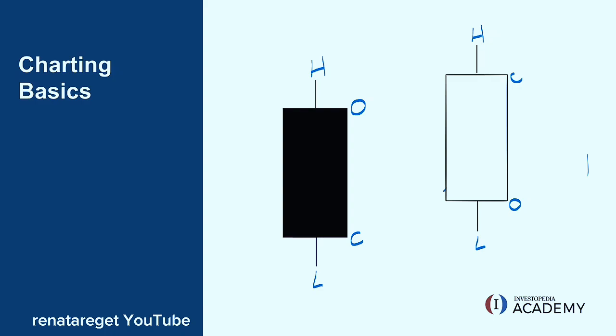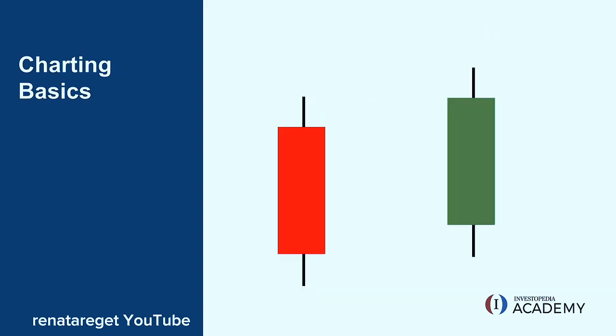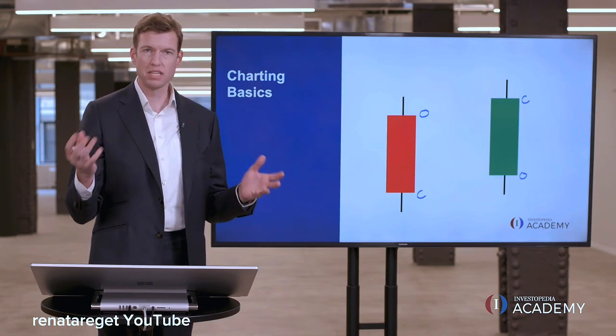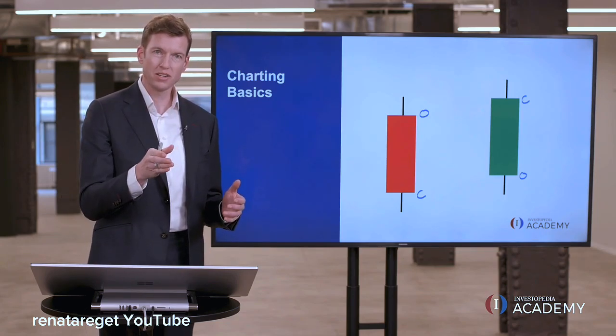Now, although this is traditional, most investors tend to use color-coded candlesticks. They're very similar. The high and the low are at the top and bottom of that vertical line in both cases. A red candle is the same thing as a black candle, where the open for the day is above the close for the day. And the green candle is just like a white candle, where the open for the day is below the close of the day, indicating that regardless of where the high and the low were, from the time that the market opened until it closed, in the Forex it's basically 24 hours, but from one benchmark to the next,